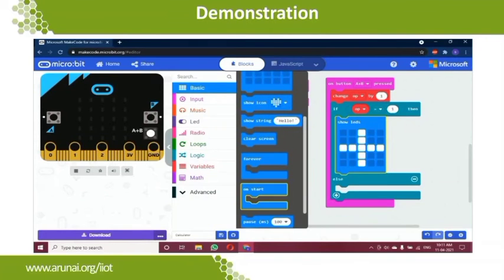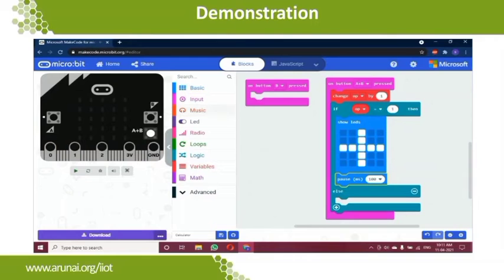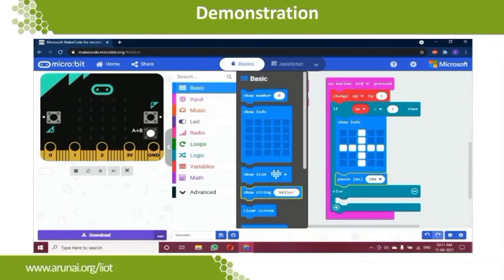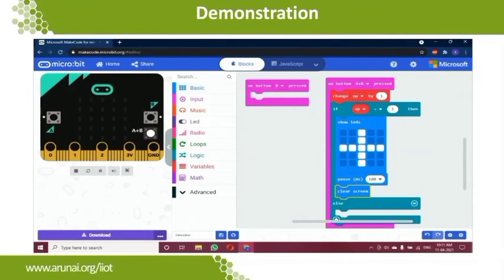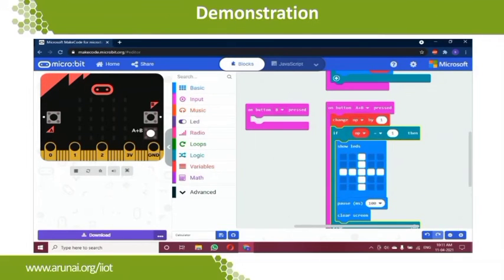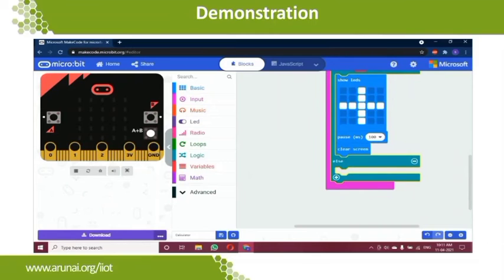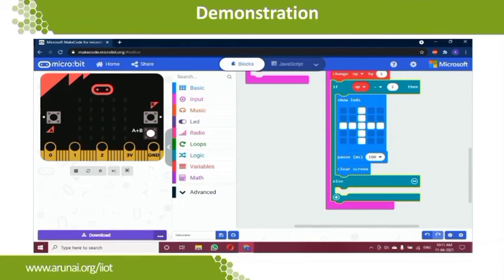And we are going to pause the screen for 100 milliseconds. That is the function used, and then we are going to clear the screen. So if the operator is equal to 1, that is, if I press A plus B one time, it will show plus. If I press it the second time, it will show the second operation. If it is the third time, it is going to be the third operation. Fourth, it is going to be the fourth operation. So we are going to involve here 4 operations, that's why it's 4. You can add as many as you want.